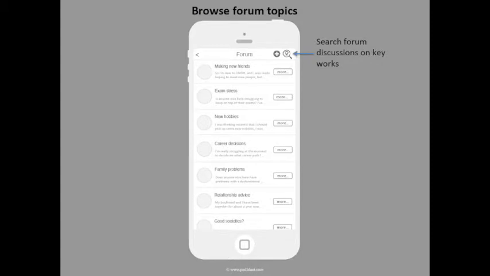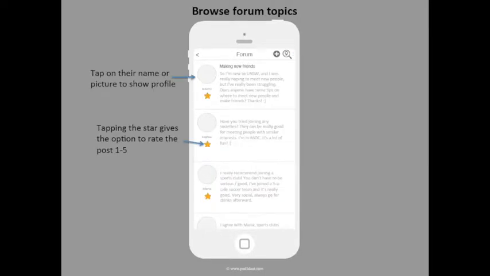Let's take a look at the forums. Here users are able to quickly scroll through different topics or search for specific topics using the magnifying glass icon in the top right hand corner. Users are also able to add new topics using the plus icon in the same corner. Selecting a forum post brings you to a detailed thread view, where you can see the original post with a heading and subsequent replies by other students below.